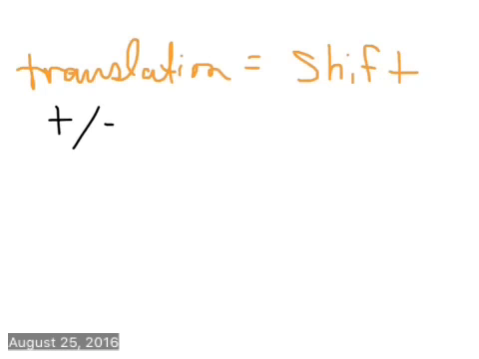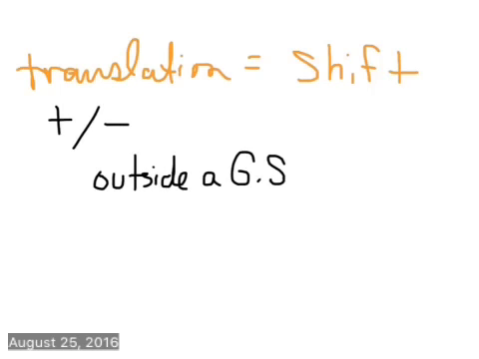Adding or subtracting. That's what's going to happen to my parent. I am going to add or subtract from the parent. Now, this is the important part, and this is where it's going to come into play: which way it shifts. If you add or subtract outside a grouping symbol, and I'm going to abbreviate grouping symbol as GS, is everybody okay with that? That is going to shift it up